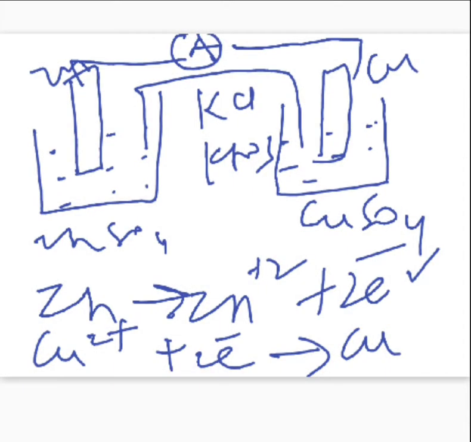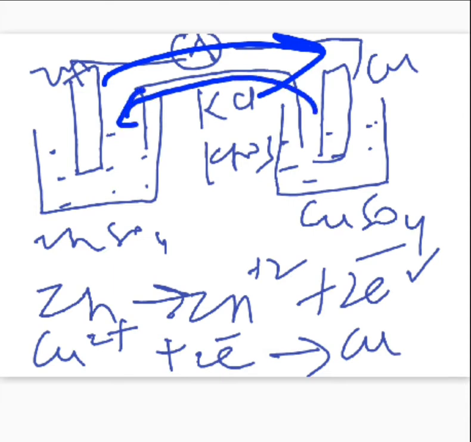One more thing you can remember here is the electrons, in case of electrochemical cells, flow from the negative pole to the positive pole in the external circuit, right? However, conventionally, this current is found to flow in the opposite direction. Is it clear? Ions also move in the opposite direction, as well as your current also flows in the opposite direction with reference to the movement of electrons.